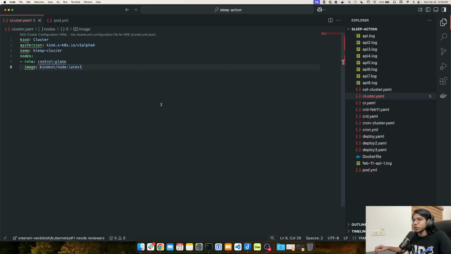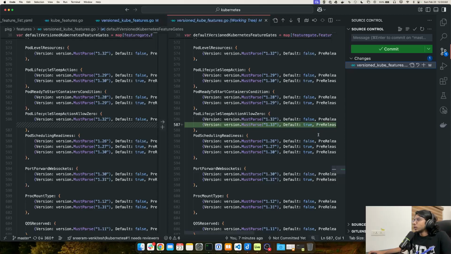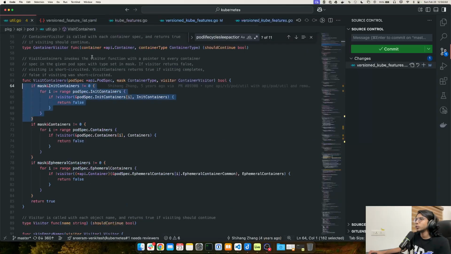In this particular case, of course, we don't have any other changes, and all the essential code changes that are required as part of the feature are already merged to the Kubernetes code base. So this brings us to the end of the agenda for this video. I'll conclude here, and in a future video, I will try writing test cases for this feature now that it is turned on by default. I don't think I need to make any changes to the util.go